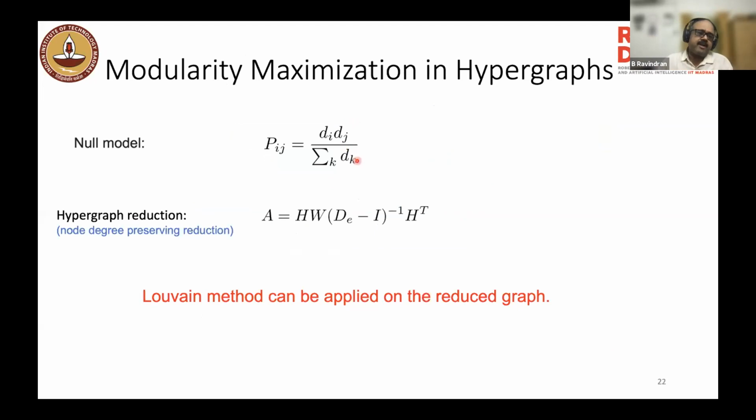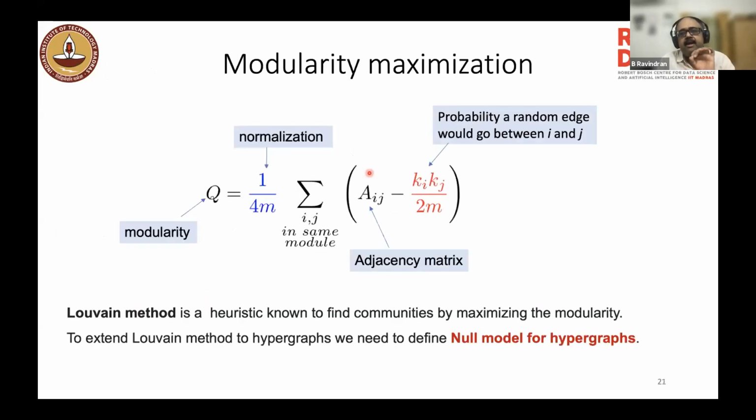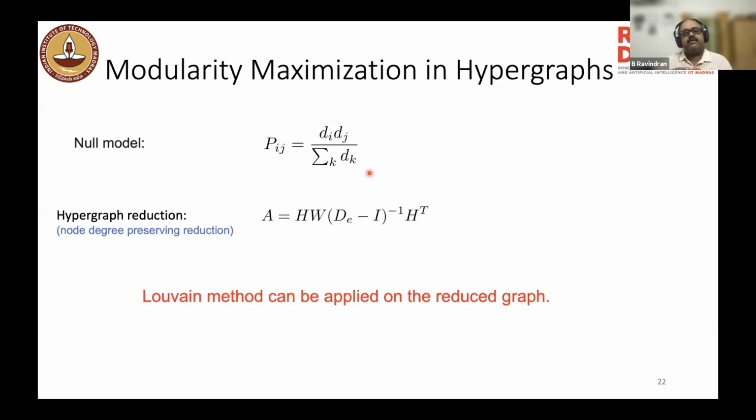So the null model for hypergraphs is going to look something like this. The null model is di dj, which is the degree of node i, degree of node j, the hypergraph degree of node i and node j. That's fine, but divided by the sum of the degrees of all the nodes, instead of 2m, which is easy enough to do in the regular case. Here we actually have to do some kind of normalization depending on the hypergraph degree of the various nodes. So to get this hypergraph degree,